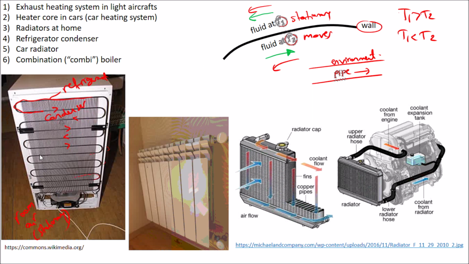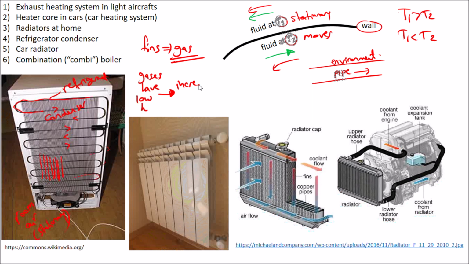And you can also see here there are fins. You can see there are lots of plate fins here. If you are using fins, it means that there is gas, and we know that room air is gas. Therefore, we are using fins for the room air. The reason is that gases have a low convective coefficient, and therefore you need to increase the heat transfer area